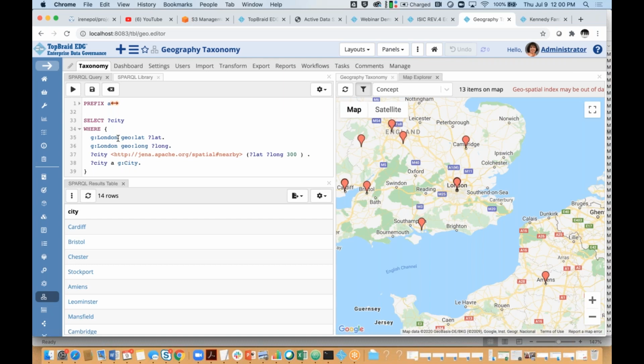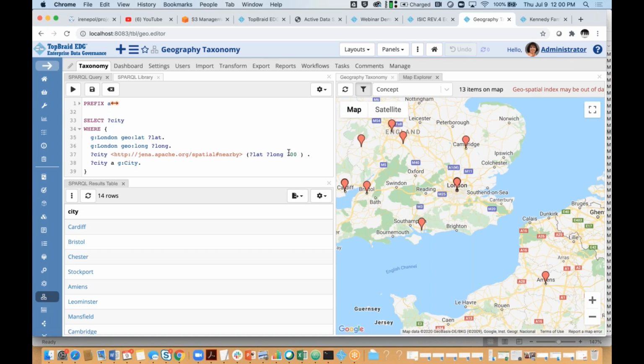They just would provide the cities that they're interested in, and then they get the nearby cities. I mean, this 300 can also be turned into a variable instead of being hard-coded. So that combination of these things becomes very powerful. And map not only just displays locations that we found on the map, but it can also display areas